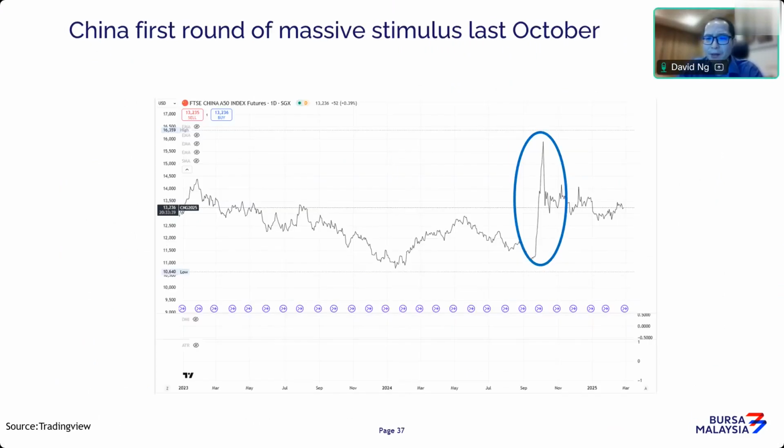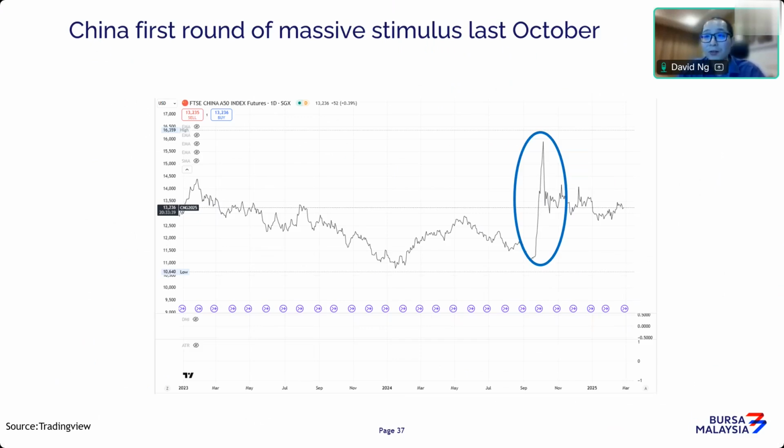Now, this is what happened in the China market last October, where the government suddenly announced a massive stimulus package and a massive cut in overnight interest rates. We started to see a major impact in the short term. But since then, I think markets have started to see that it may not be sufficient, and there should be more rounds of stimulus from the government itself to really give confidence back to the economy and encourage people to spend. That's a way to stem the property crisis.